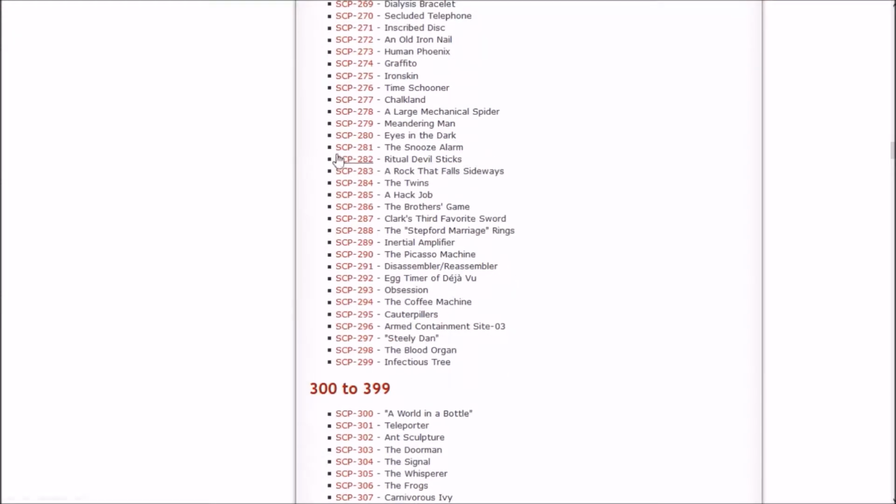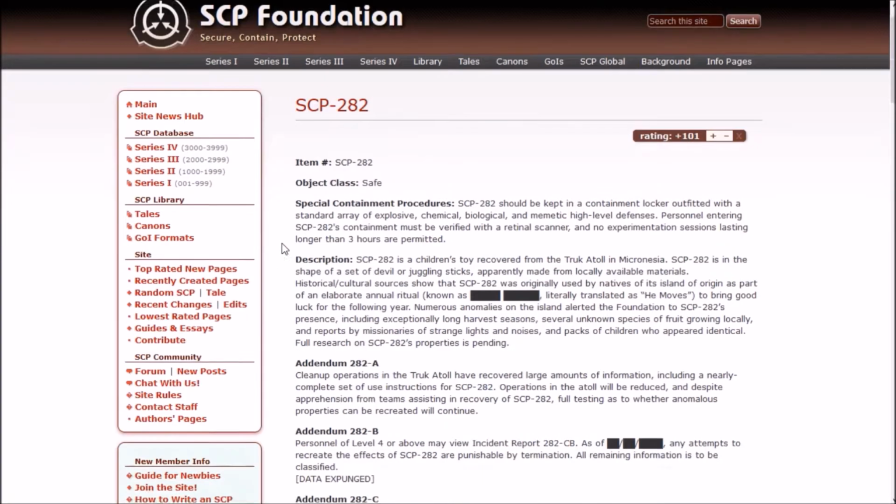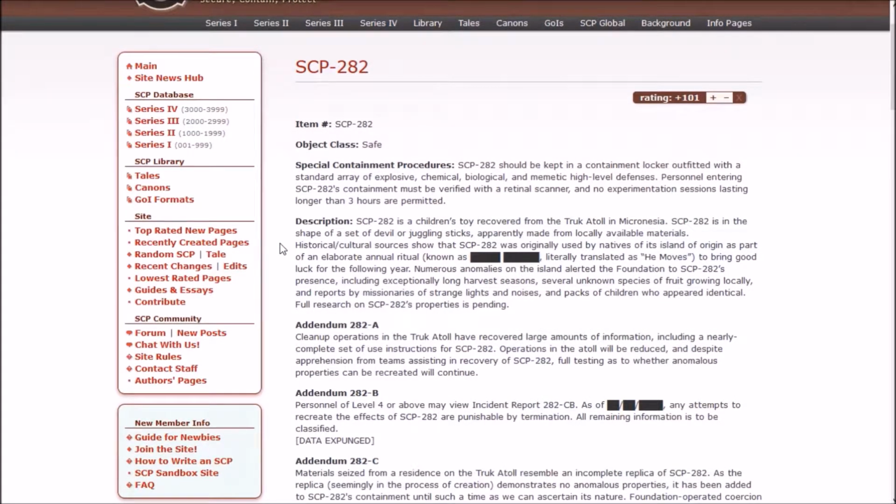So next up is Ritual Devil Sticks, which sounds like it's at the very least going to have to be Euclid, because it's called Ritual Devil Sticks. Never mind, okay, never mind. Fine. The Ritual Devil Sticks are safe. Okay. Okay, so,